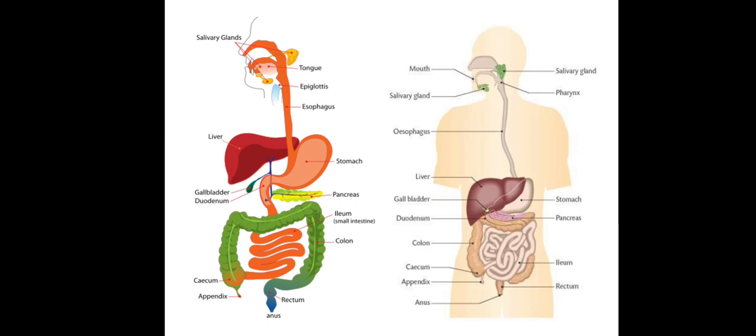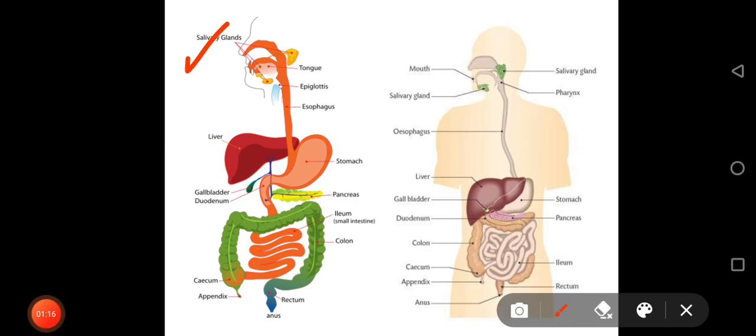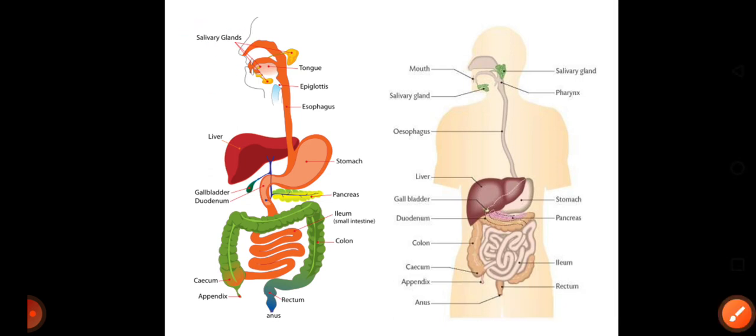Why do glands play an important role? Like the salivary gland releases saliva, and saliva helps in the digestion of 30% of starch in the mouth. Actually, starch is a homopolysaccharide, and starch is broken down into maltose, which is a disaccharide. So 30% of starch is broken down in the mouth with the help of salivary amylase, which is secreted by the salivary gland. So there is a very important role of the salivary gland in our body.